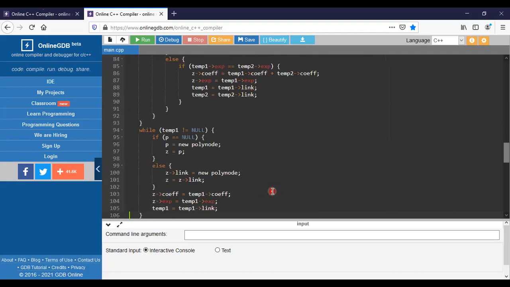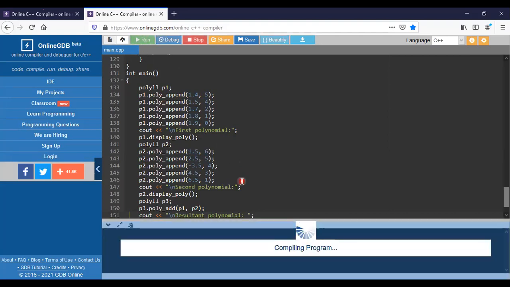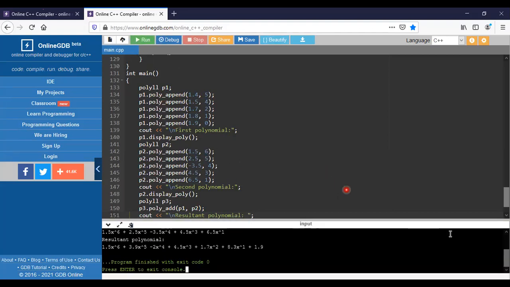So here I used some nodes. The value to be added here, the highest degree, is 5. Here it is 6. Okay, so whenever we append, then only the linked list has been created and we try to add it.